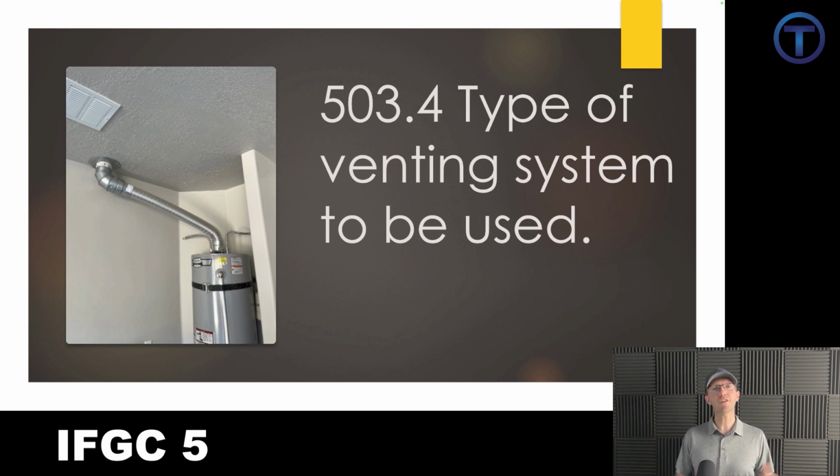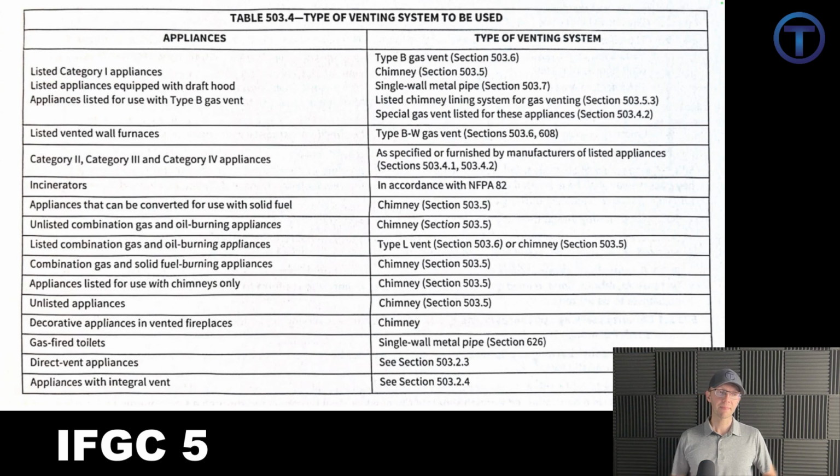And it was referred to back in section 502. It said, we're going to talk about this later in the chapter. So this is really important information as we're installing to know, first of all, what kind of appliance are we dealing with? Be it category 1, category 4, and whichever it is, what kind of materials can we use? Here it is, the table